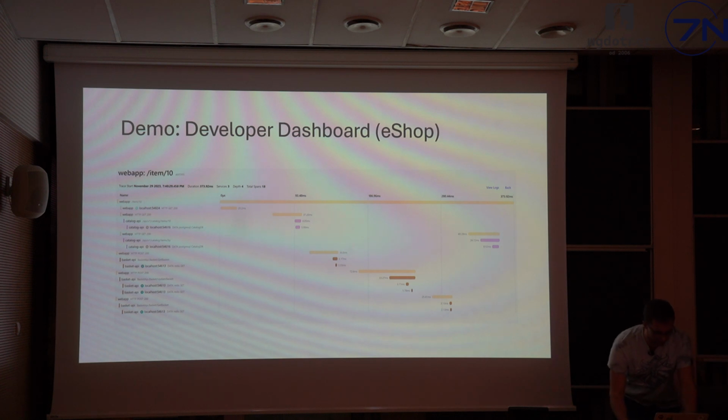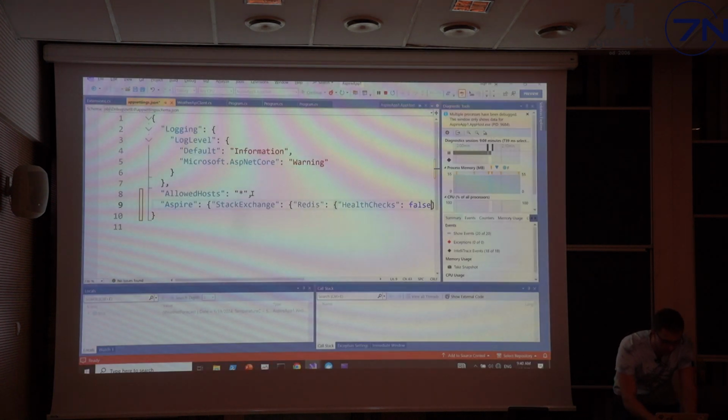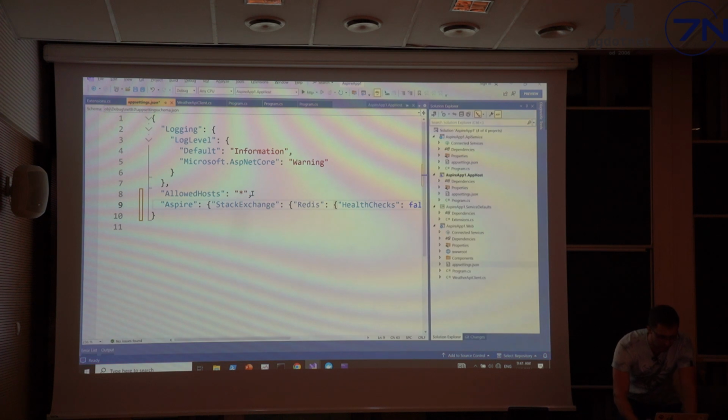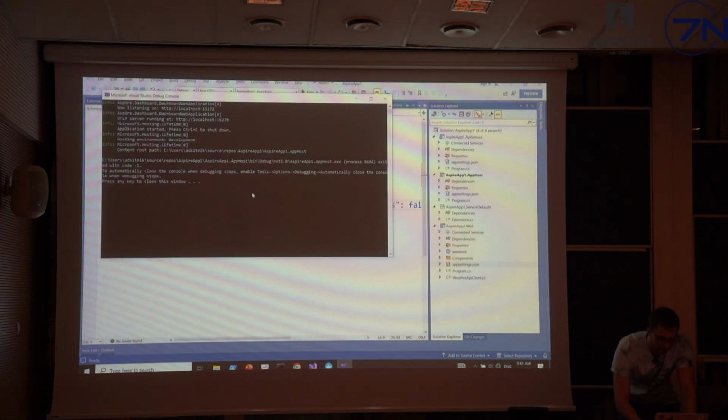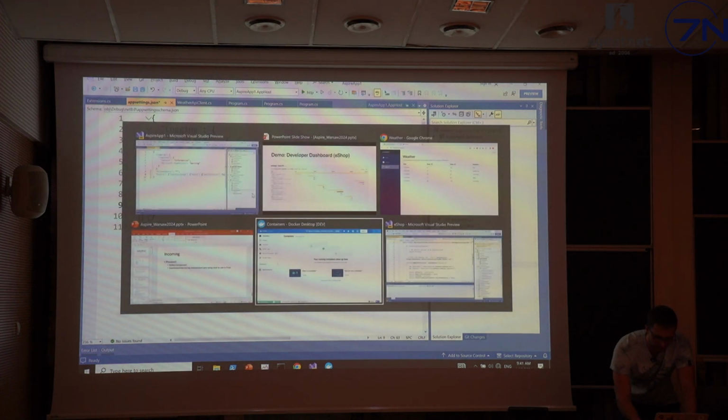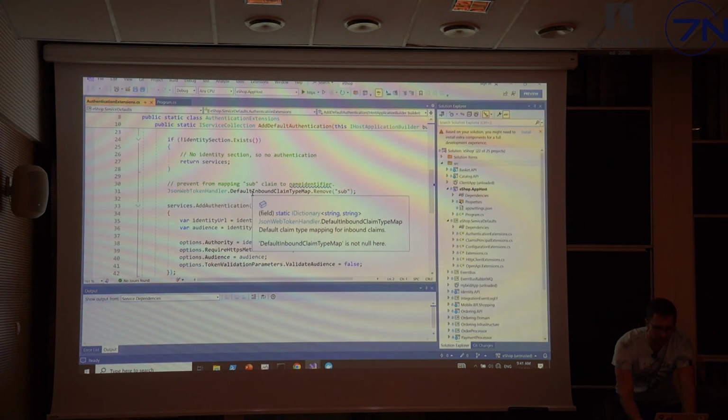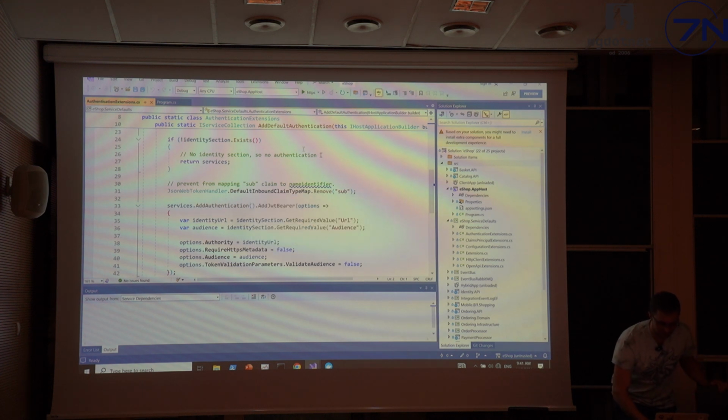And now let's take a look at a very nice part of Aspire, the developer dashboard. But I'm going to stop debugging here. And I'm going to run eShop. eShop is our reference implementation of basically an online shop.